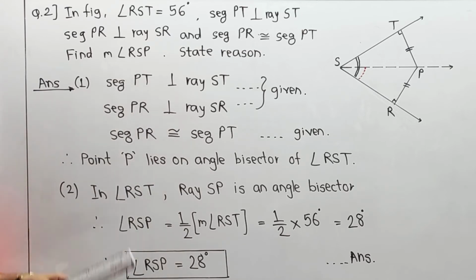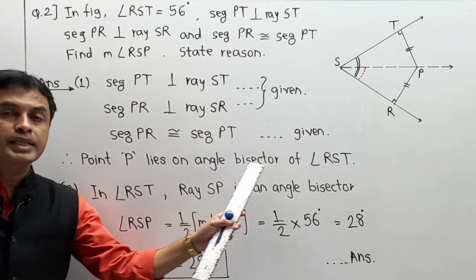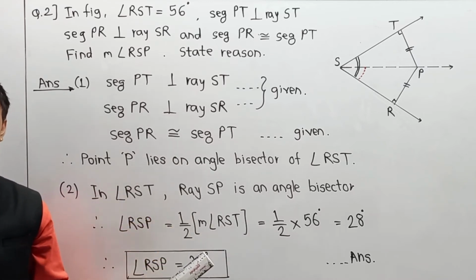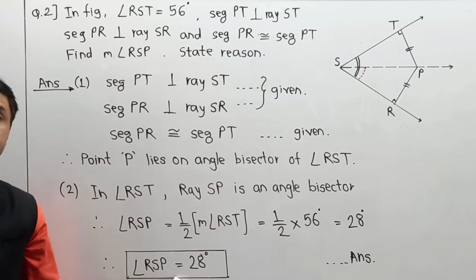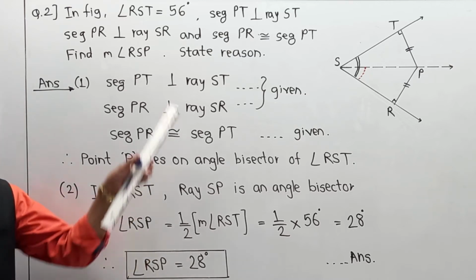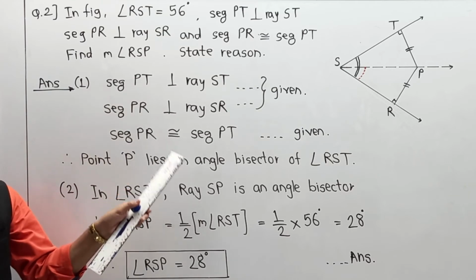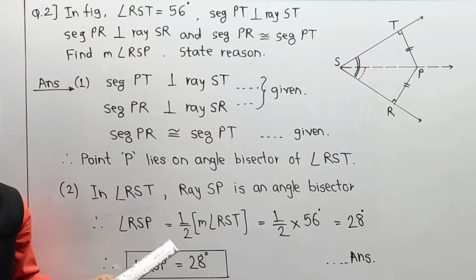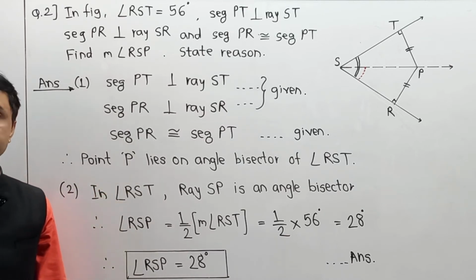Please make a first group, second group, explain the properties of the angle bisector, and after explaining the properties of the angle bisector, we can make the calculation part. Some students are doing only this calculation, they will not get full marks. You have to first give the declaration, and 90% of the time, whatever is given, you have to rearrange the answer in a systematic manner and go for your conclusion.